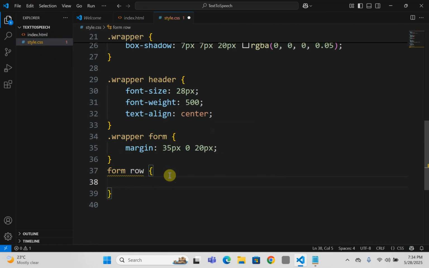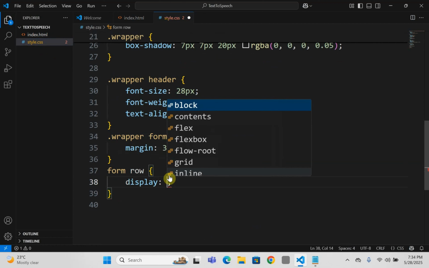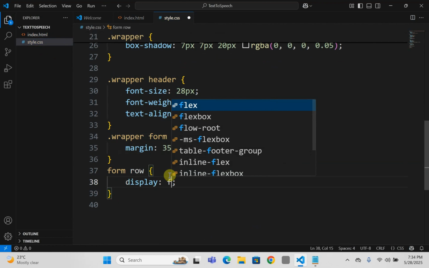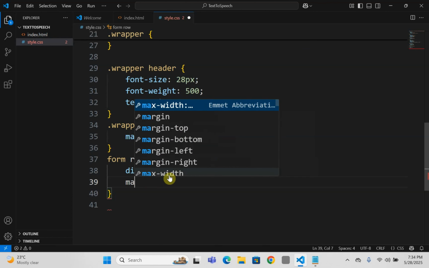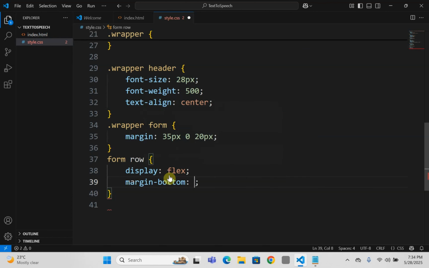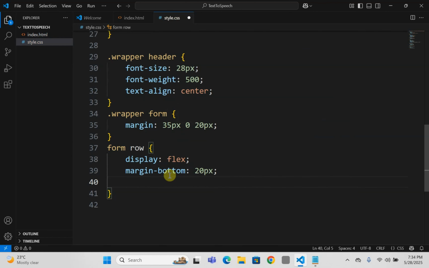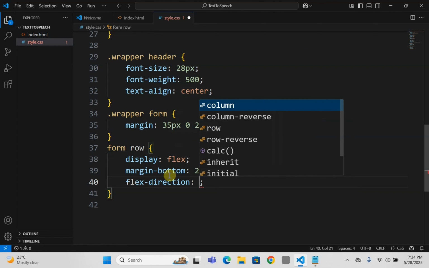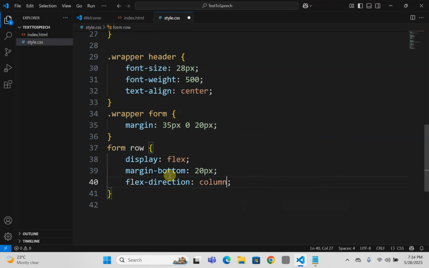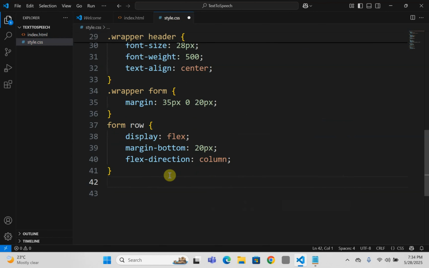So for that, we need a display. The display has to be flex. Then margin-bottom, let's make it 20 pixels. Then flex-direction, let's make it column. So after that,